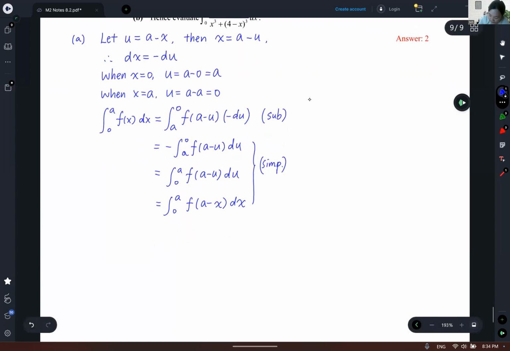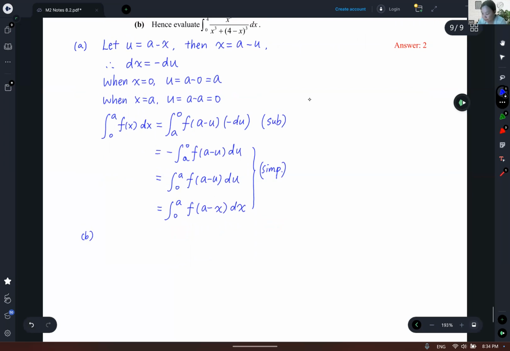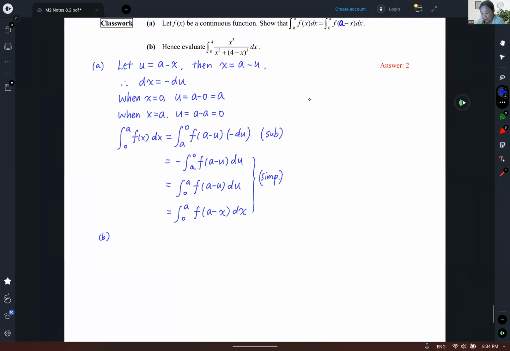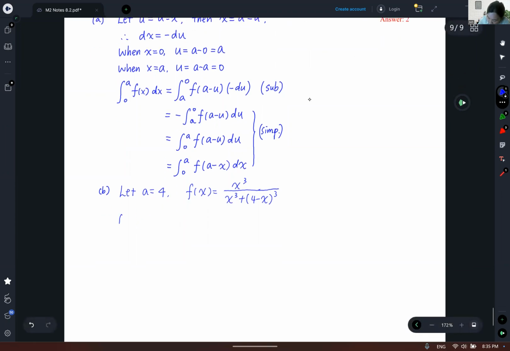Part B. In part B, to evaluate this, you may not have to write it down, but you must know that in this case, a must equal 4 and f of x must equal to this one. So to use the identity found in part A, you would just claim that from 0 to 4, f of